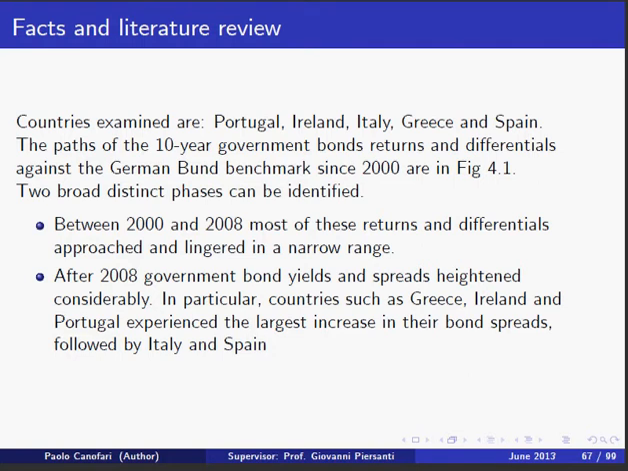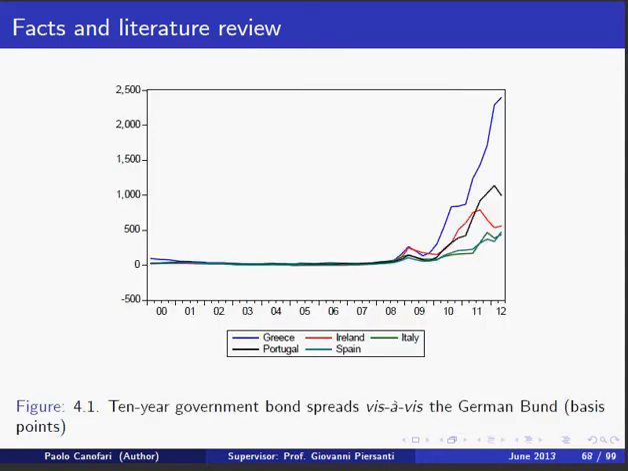Okay, so we can start and we analyze the so-called peaks. So Portugal, Ireland, Italy, Greece, and Spain. All variables are compared with respect to the benchmark country, Germany. This picture, figure 4.1, shows the difference between the 10 years bond of the so-called PIGS, so Greece, Portugal, Ireland, Italy, and Spain, with respect to Germany, in the period